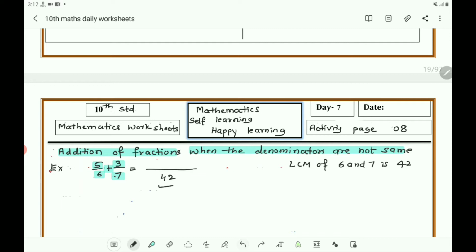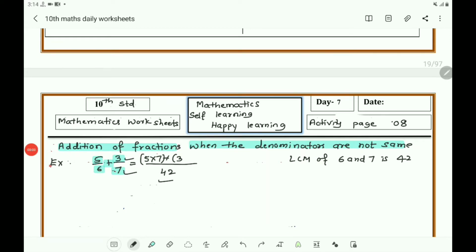And 3 into 7 6 are 42, so 3 must be multiplied by 6. Then you write the denominator as it is, 42 only. 5 sevens are 35. So you write 35 here,